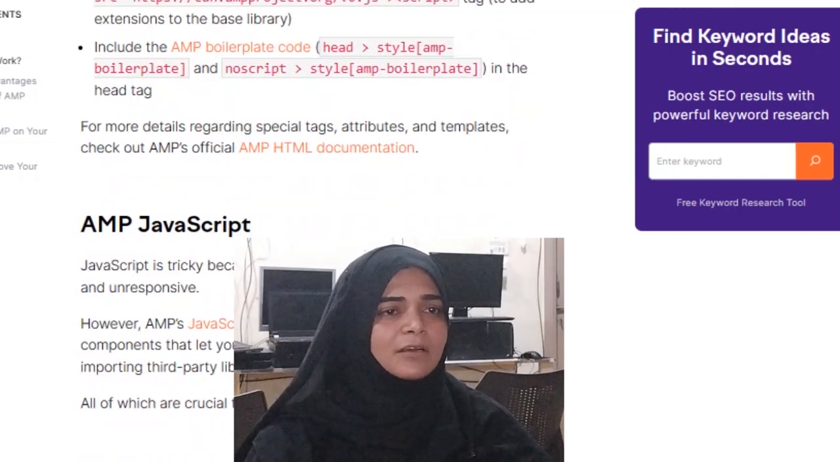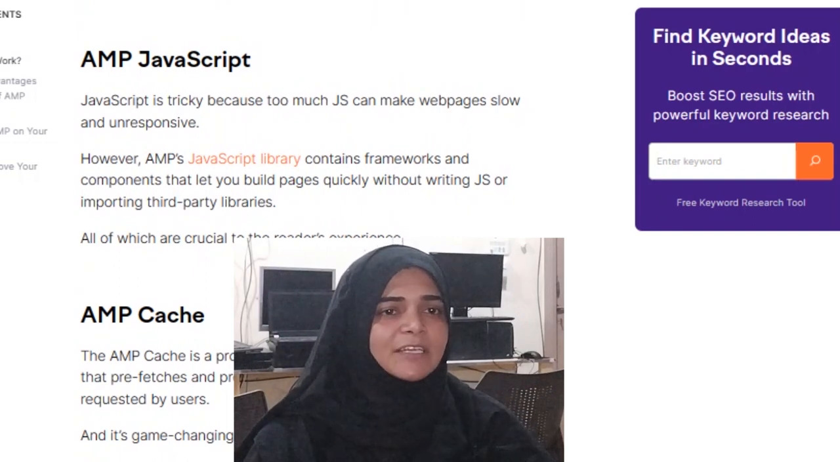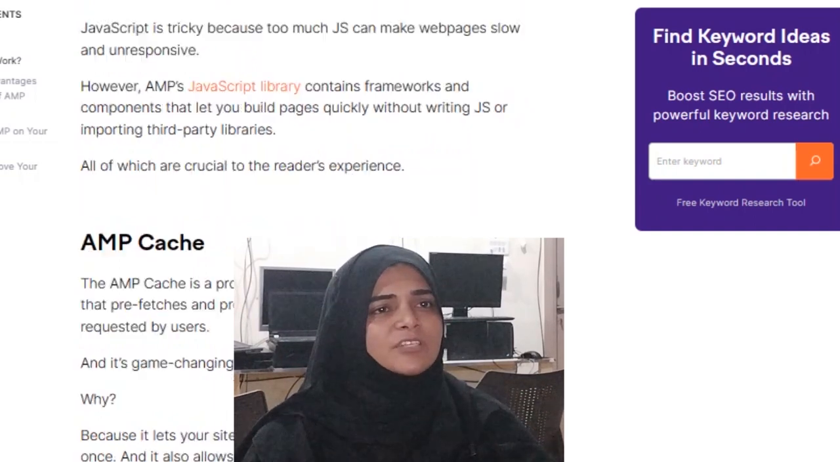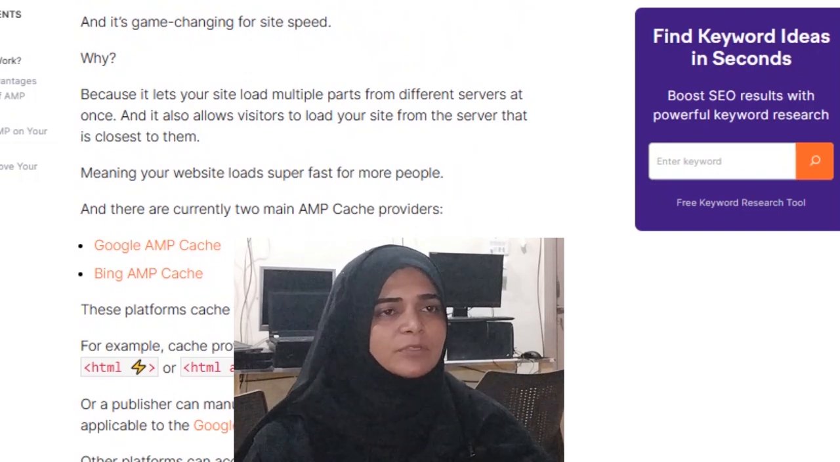Next is AMP cache. So this is a proxy-based content delivery network (CDN) that pre-fetches and pre-renders AMP pages. It's a game changer for the site. Why? Because it lets your site load multiple parts from different services at once, and it also allows visitors to load your site from the server that is closest to them, meaning your website loads super fast